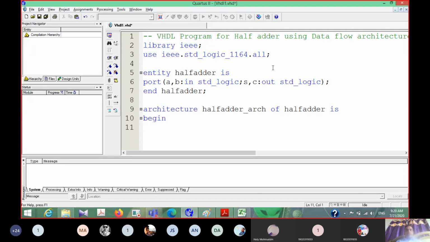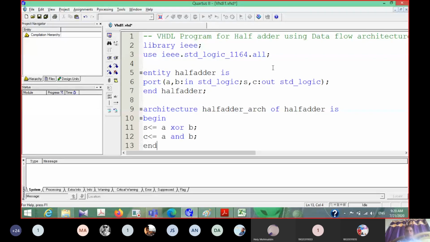And here it is a behavior description. So let me describe sum. It is A XOR B, and carry is equal to A AND B. So this is the logic of a half adder. So this is the behavior description. Once we complete the behavior description, end the architecture.